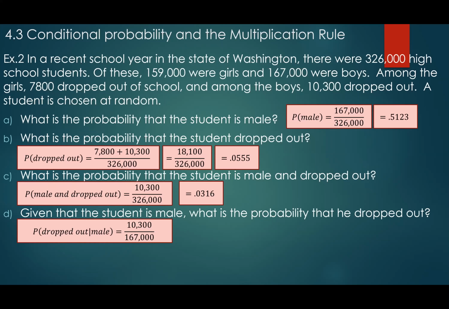Everybody see that again? Given that he is a male, that's your condition, what is the probability of him dropping out? Which is again 10,300 divided by 167,000, which gives me that. Now, if you have a calculator, take this number,